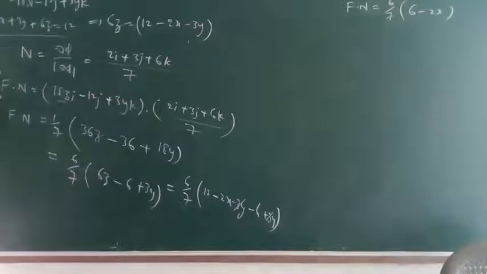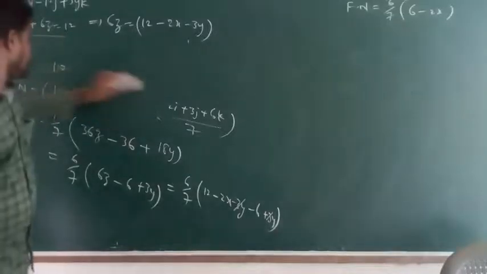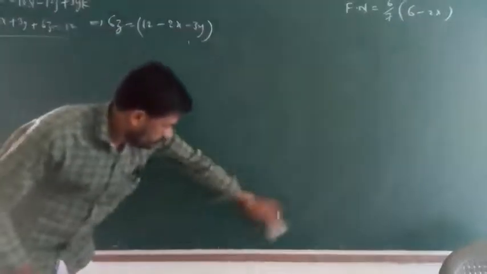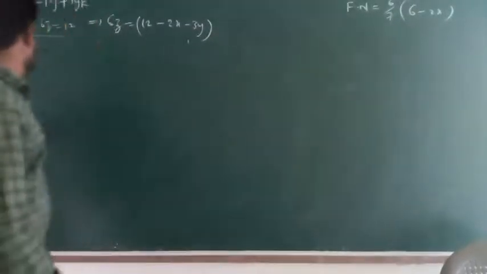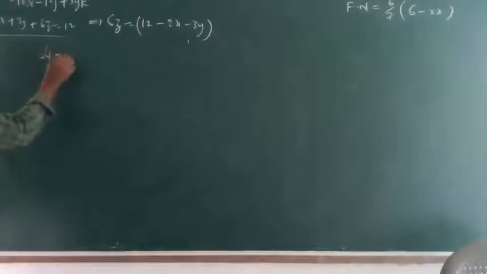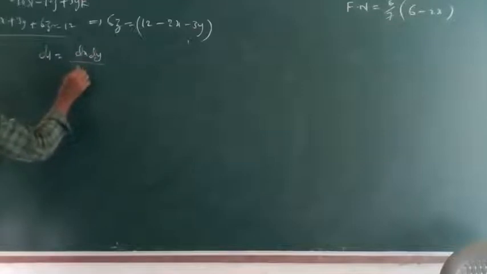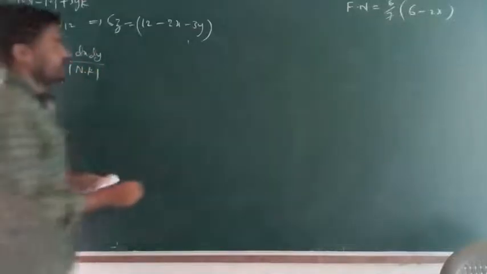So this is the process. First, given the input, you find the unit normal n, which is del phi by mod del phi, and apply the dot product. Next you select limits. So ds is equal to dx dy by mod of n dot k. So okay, n dot k means